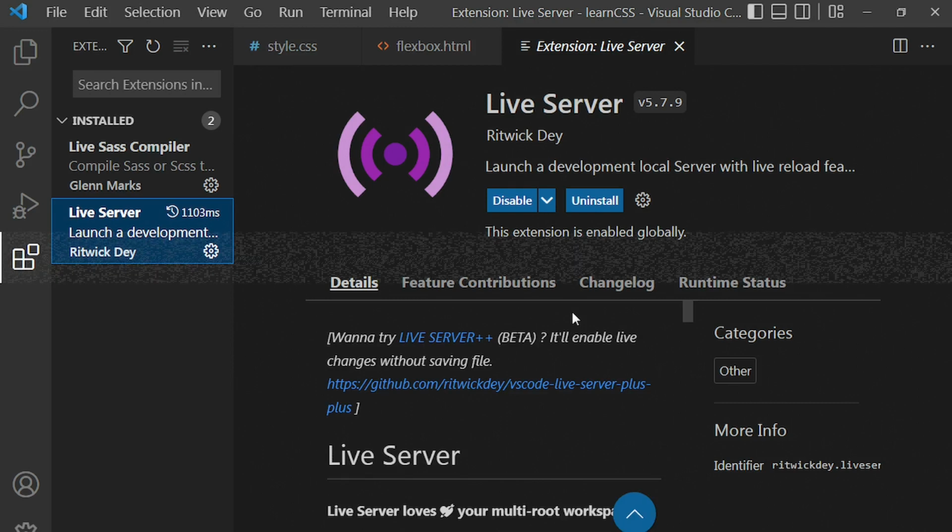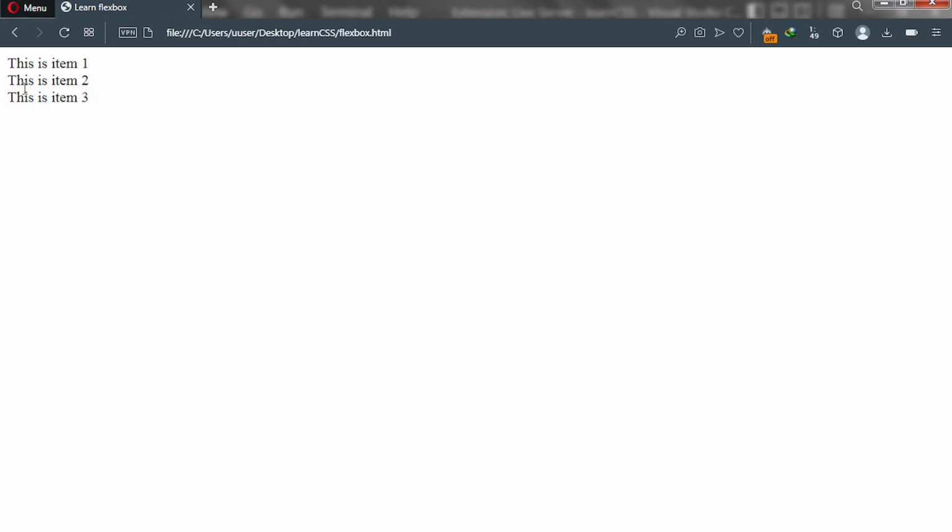Now the main purpose of Live Server is to help you update your changes without refreshing your web page. The web page will be reloaded automatically without you necessarily coming here to reload anytime you want to see your changes. So that's the main purpose of that extension, Live Server. Make sure you install it. After you have that installed,